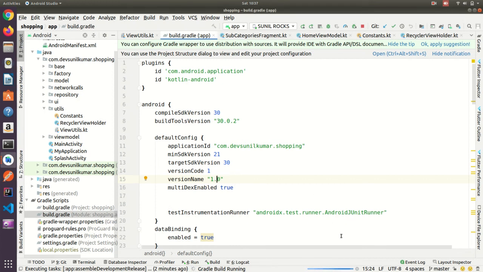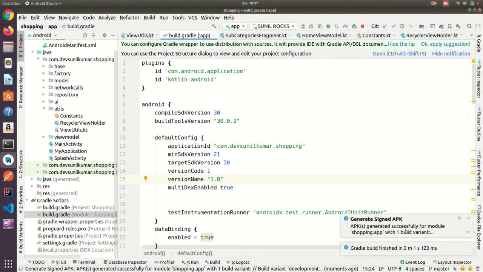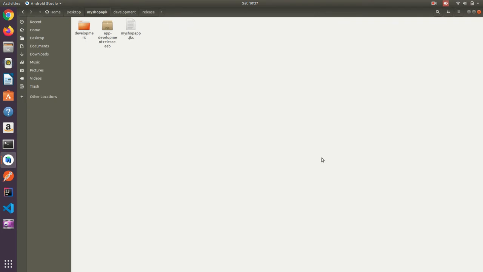Still it's running. Yes, it got generated. We'll see it here. Release. I cut it outside and pasted it here. Okay, now we'll check the size.